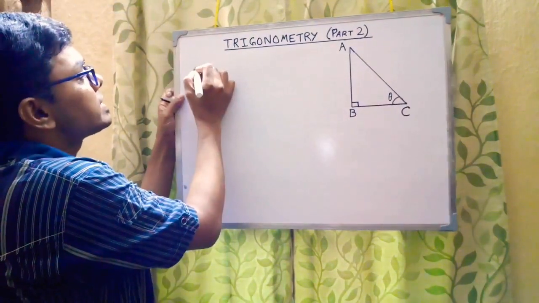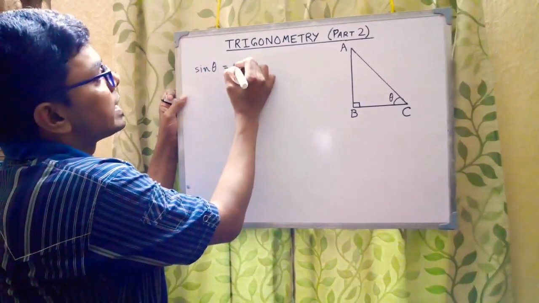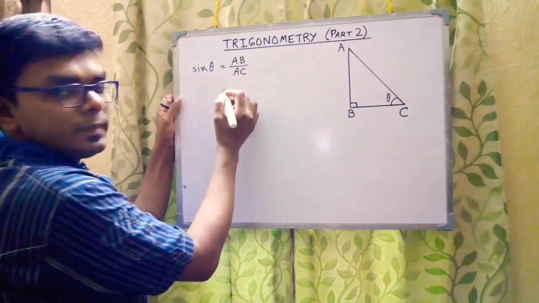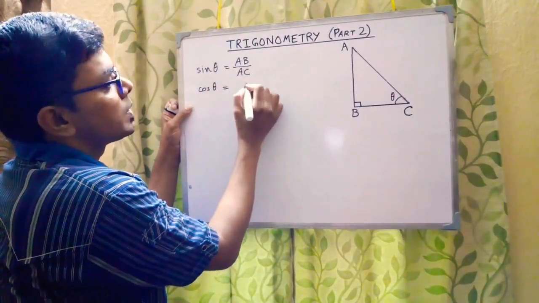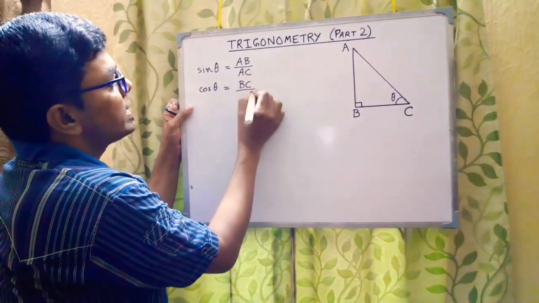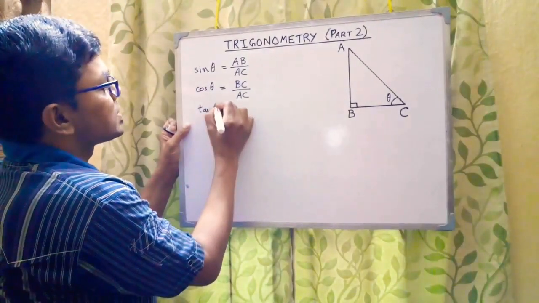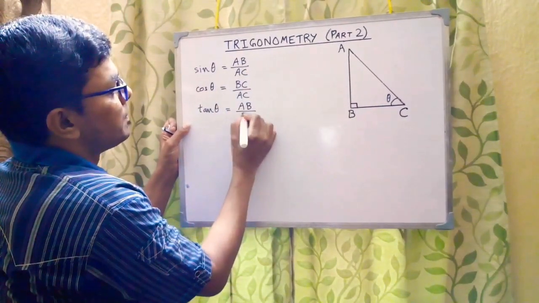So we learned that sin theta equals AB by AC, cos theta equals BC by AC, tan theta equals AB by BC,